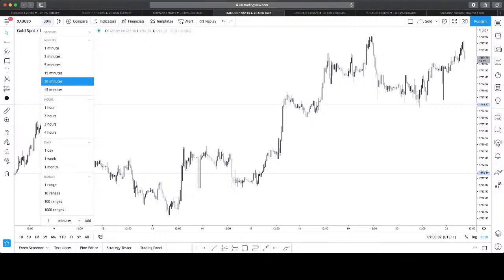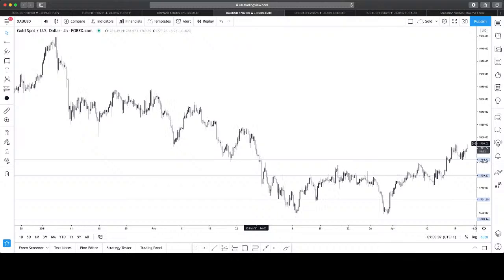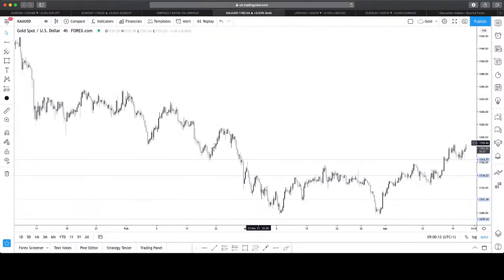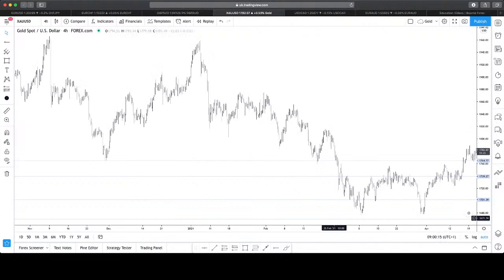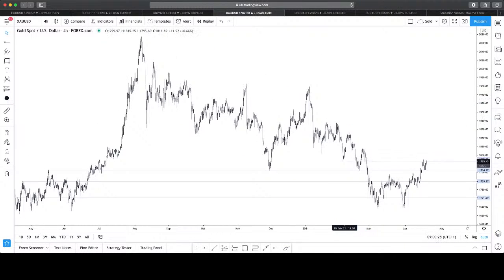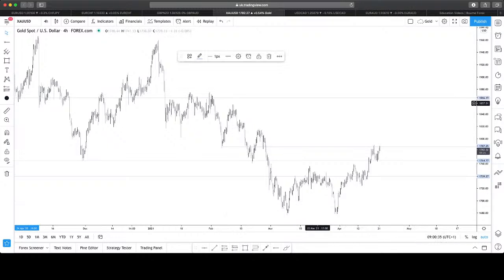What have we got going on? Gold. Oh, look at that 4 hour. That looks absolutely... I mean, we don't need this level, so let's pull this back and we'll try and use this to our advantage. You see with gold, it respects its level so well. Rejections through is going to lead back to that. If we don't reject,